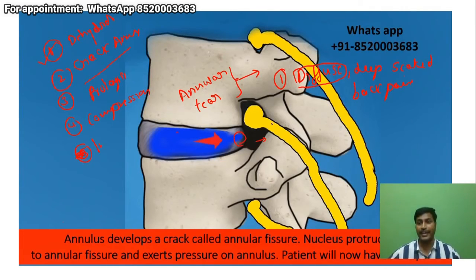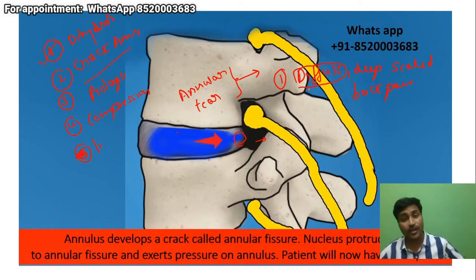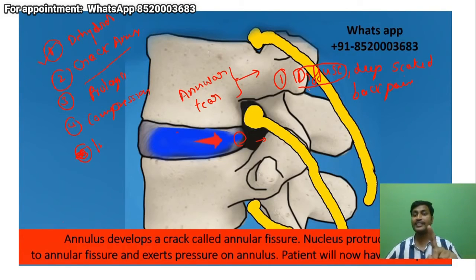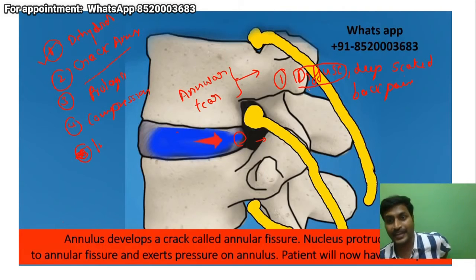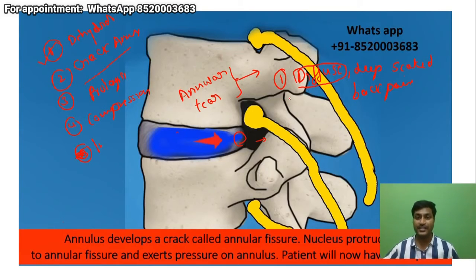He will have only low back pain, but the character of the low back pain is that it is diffuse. When you ask the patient where the back pain is, he will use his entire palm and say my entire back is paining, but he will not say where exactly the pain is. If you ask him to localize the pain with one finger, he will not be able to. And if he identifies some point and you press it, there will not be any tender spot. So when there is a tear in the annulus, the patient will have diffuse, deep-seated back pain.